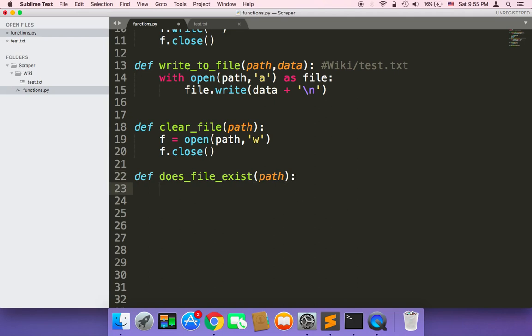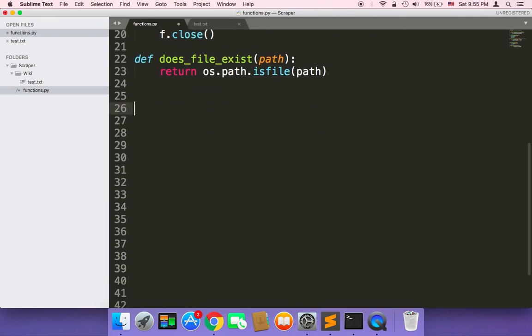So to check if a file exists or not, you can simply use the OS and then path, and then dot is file, and pass the path, and then you can return the result, because this is file is gonna return true or false. So let's check if a file exists or not by calling this does file exist, and then I'm gonna pass the path, which is wiki and then